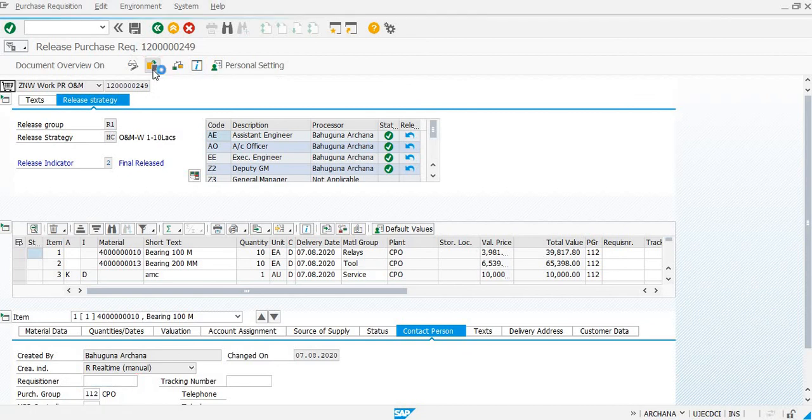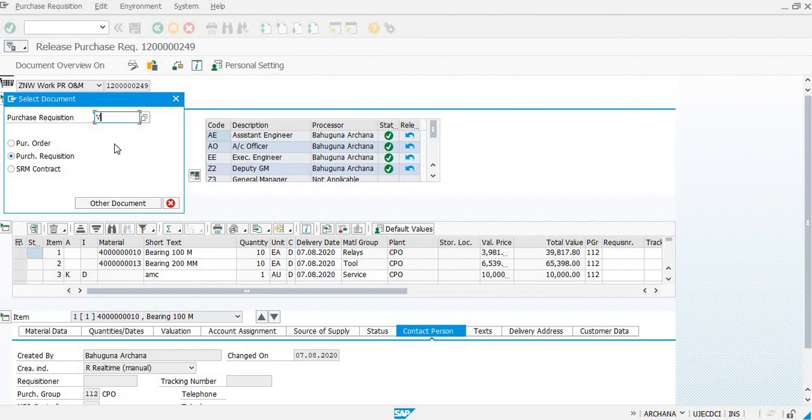Click on the other PR option, and here we can type our PR number. And then click on enter.